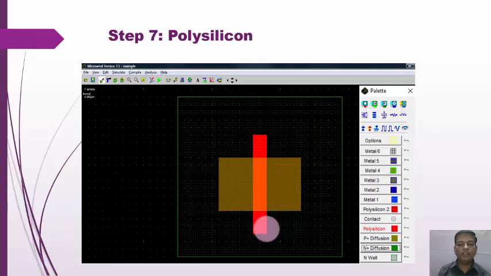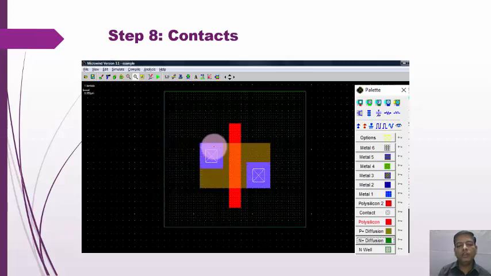Polysilicon. Apply polysilicon on that particular area. 2 lambda is the distance, 3 lambda is the extra well surrounding. Here in step 7 the polysilicon layer is applied. After that we have to apply the contacts, 2 lambda contacts, then apply metal on that. Here the complete formation of PMOS is done, or directly you can take the PMOS contact from these locations and apply it. So here we have completed the PMOS formation process.